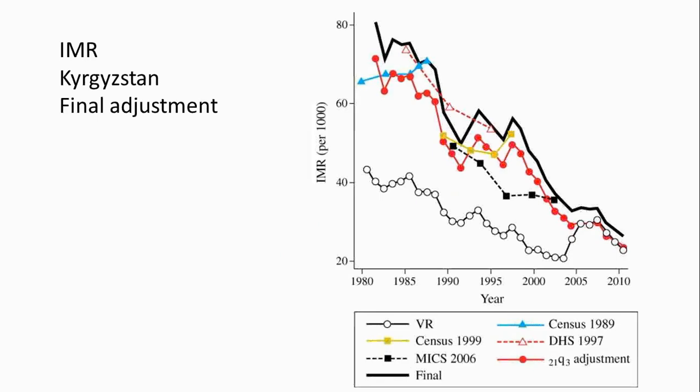We did a final adjustment here. This was a little bit ad hoc. I would do this differently if I could. But we did realize that our 21Q3 still produced series that were lower than the direct estimates from the DHS in 1987, which was suggestive that the reported level of 21Q3 was still slightly underestimated, by about 10%. So we just pushed all the estimates up 11%. But this was a bit ad hoc, but it was in recognition that there's probably still some underestimation of mortality in the age range